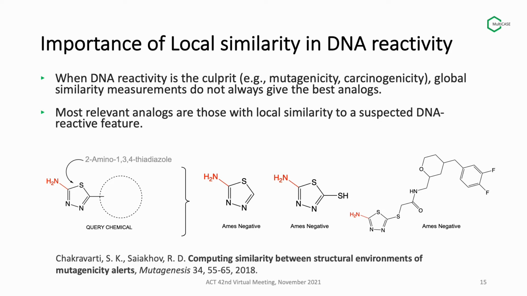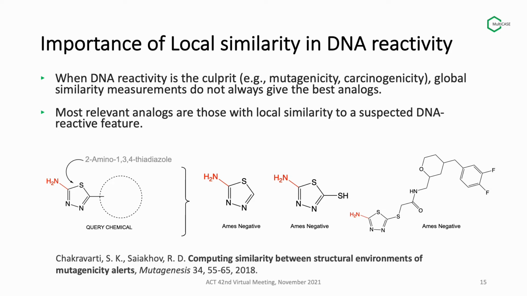But when DNA reactivity is the main responsible factor for a toxic property like mutagenicity or carcinogenicity, we have seen that global similarity measurements do not always give the best analogs. On the other hand, if we use local similarity, then the analogs that we find are more relevant, and they give us better predictions. We have seen this effect when we try to find analogs in the case of mutagenic impurities. The example that I'm showing here is trying to show the same concept. That is,